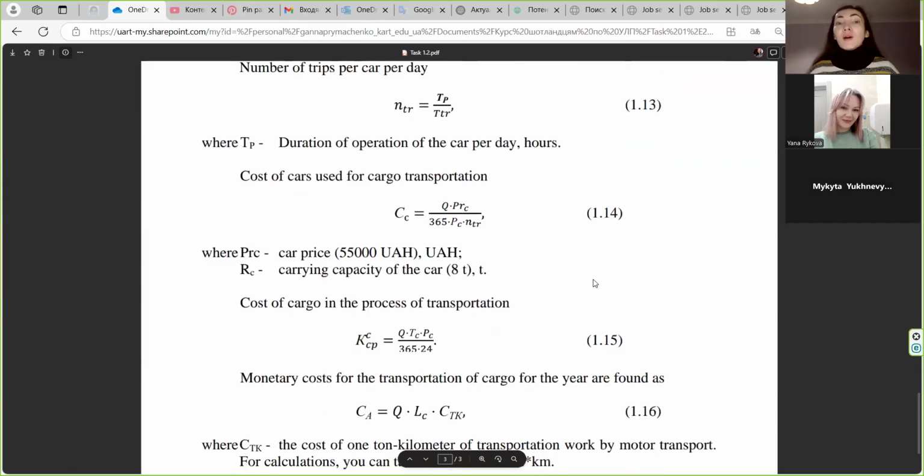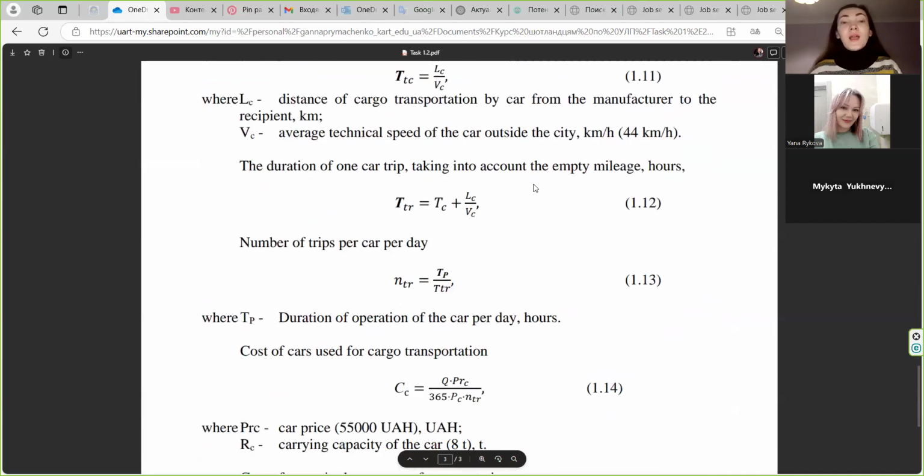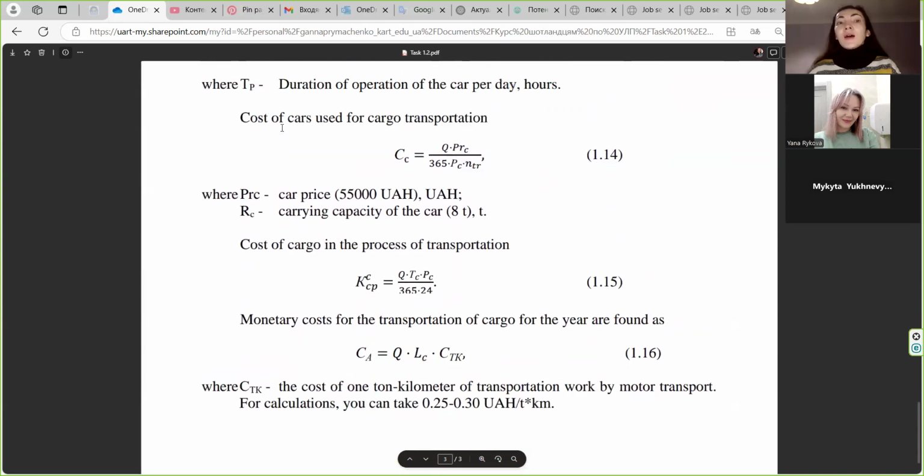1.14, it is about money parameters. The previous information was about time parameters, and now we calculate the next formulas about money parameters. Please write on your paper or in your electronic documents. We need to calculate the cost of cars used for cargo transportation. And please write C with index C is equal to